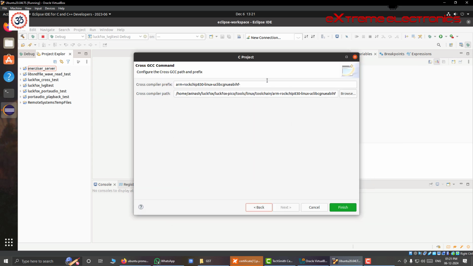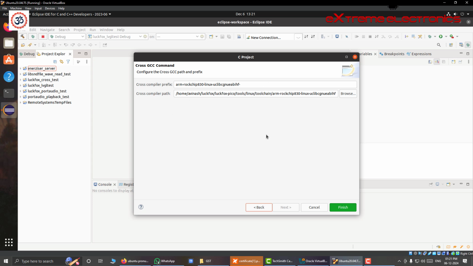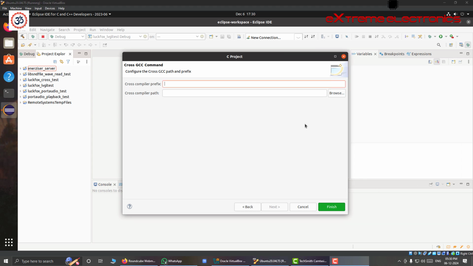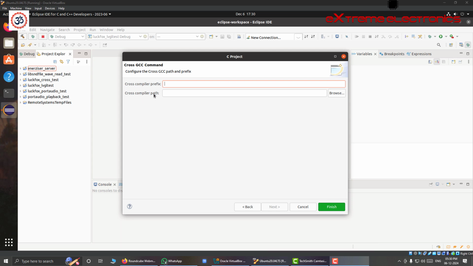And now the most important setting. These are the settings for our cross toolchain or the cross compiler. So these settings will help Eclipse locate our cross compiler. Here we can see that Eclipse is asking for two pieces of information, and the first one is the cross compiler prefix and the second one is the cross compiler path. So let us open our file browser,